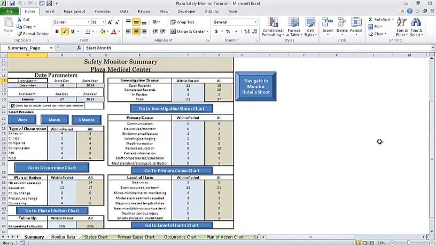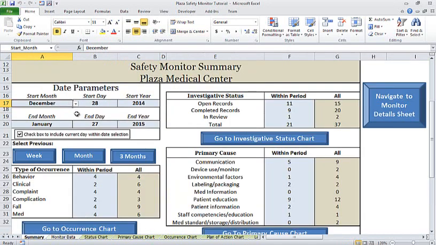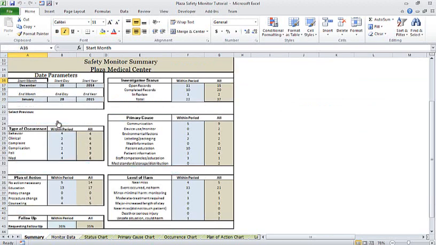So let's navigate to the summary sheet. This is a snapshot of the data we just looked at. This has different things to view. You have investigative status, primary cause, level of harm, type of occurrence, plan of action, and follow-up. Now these all have two columns. You have within period and all. So the within period corresponds to these date parameters here. So you can select a date parameter in a similar way manually, or you can select the previous week, month,